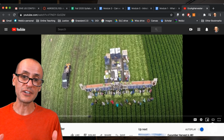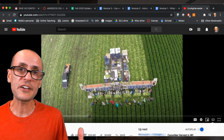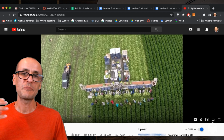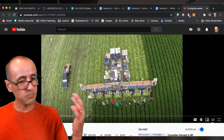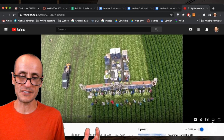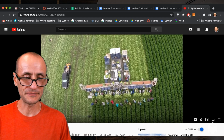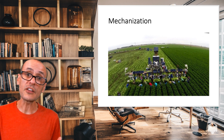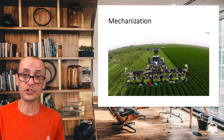But check this out. People, hundreds of acres getting harvested, people smiling, process is efficient. What can be wrong with this? Absolutely amazing. In addition to mechanization, some of the other trends in technologies that have really contributed to agriculture include,